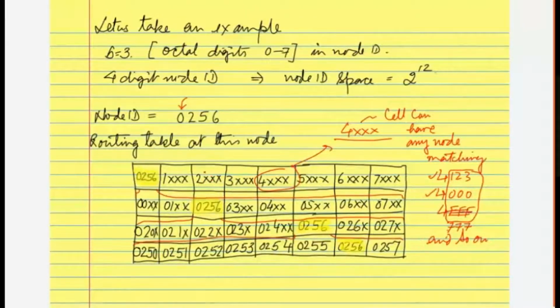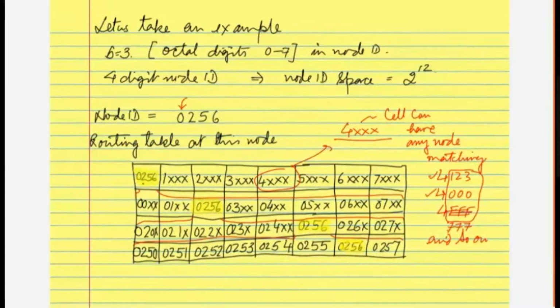But we are going to put a restriction on what can be placed here, because we want to have less network resources consumed when doing peer-to-peer routing. We are going to have some kind of a proximity metric to decide which entry has to come in when there are multiple possibilities. Similarly for 3, anything which is matching. Each one of these blocks can have an entry from 2 raised to the power 9, that much size block. So this block is representing 2 raised to the power 9 possibilities.